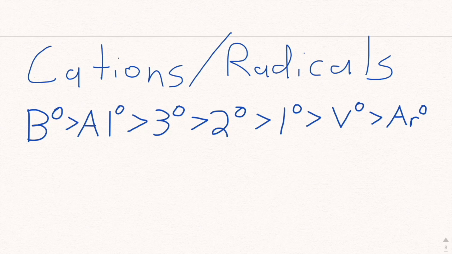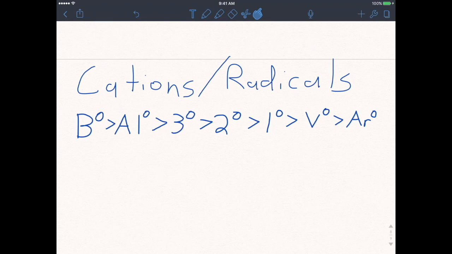Now, this is probably one of the most important things in OChem 1. With it, you'll be able to do E1 reactions, you'll be able to do free radical halogenation. It'll go on till OChem 2. It's one of the most important things you're going to learn because it just applies to everything. I've probably written this order down right here about 1,000,000 times, and you probably will too. Anyhow,